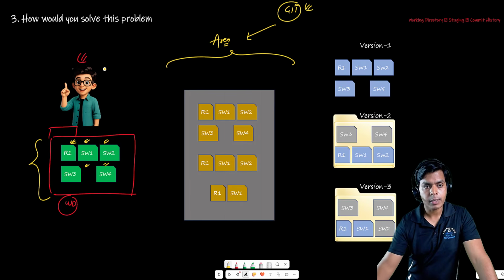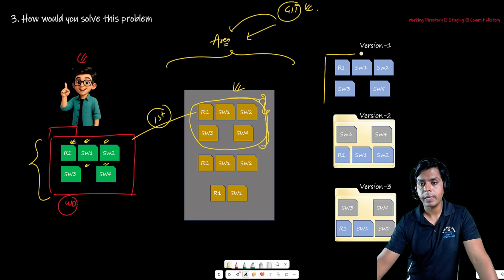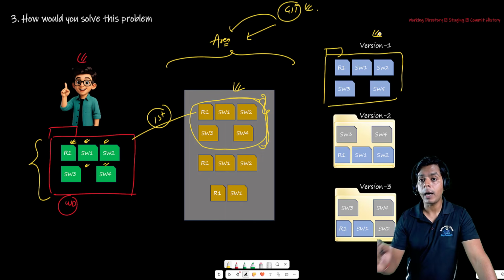So right now, Mr. Rahul, as a first change, he's saying, I have introduced these 5 files into the system. Take a snapshot. And what Git is going to do, it will check what is there in the area. In the area, we have only 5 files. It is going to create a snapshot of it. It is going to say, this is my version number 1. Now, instead of